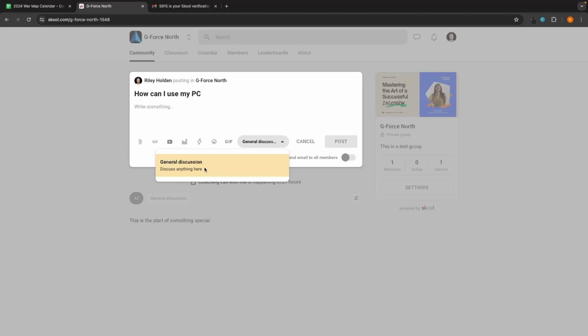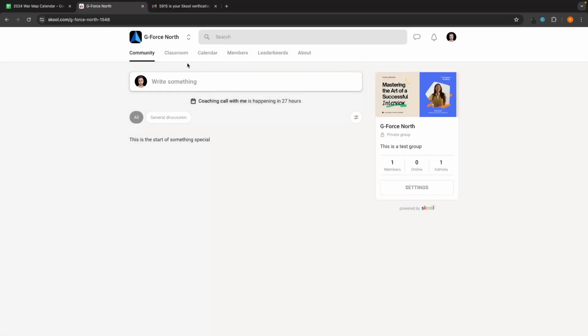So we could maybe have a category for tech help. We could have a category for tech tips. And if you have used Reddit, they have something very similar to this, where you can create different categories. And this is going to split posts up so that your members can come along. And then at the top here, they will be able to flick between different categories to be taken to that